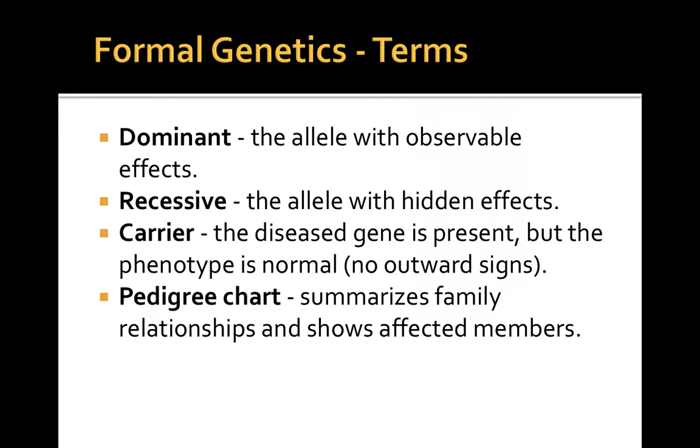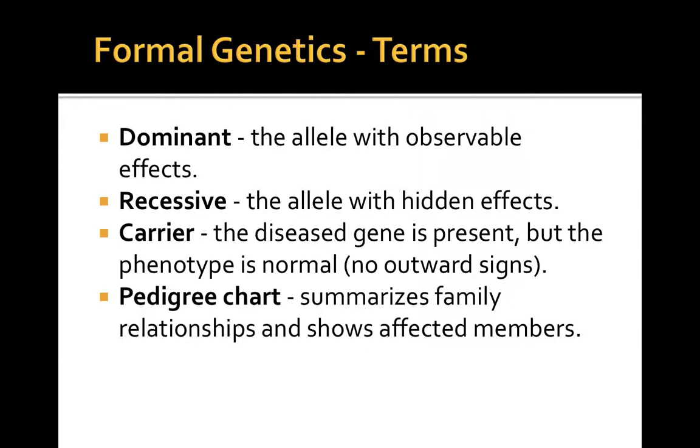When a trait is dominant, it is indicated by a capital letter. Recessive traits are shown as lowercase letters. So there are three possible genotypes: capital AA, capital A lowercase a, and lowercase aa. Having two of the same genes, whether capital AA, which would be dominant, or lowercase aa, which would be recessive,